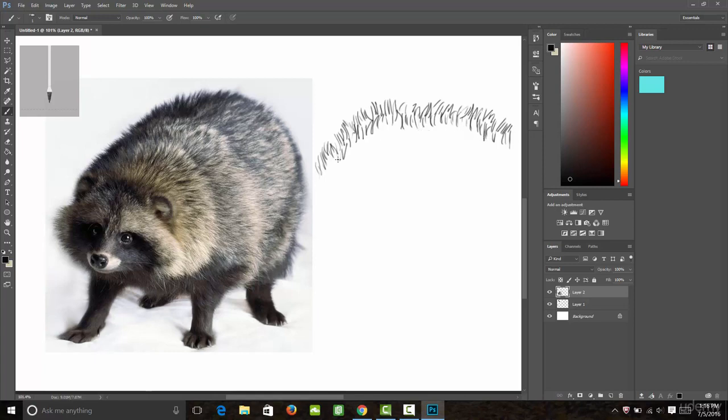Now, drawing fur isn't like painting fur. They're kind of two different processes. But what we're doing here is we're just drawing it, because by drawing it, we really have to look at it and study it and understand what it is and how it works. And that's the importance of using reference, is you really need to gain an understanding of what it is that you're designing and creating. This will make your